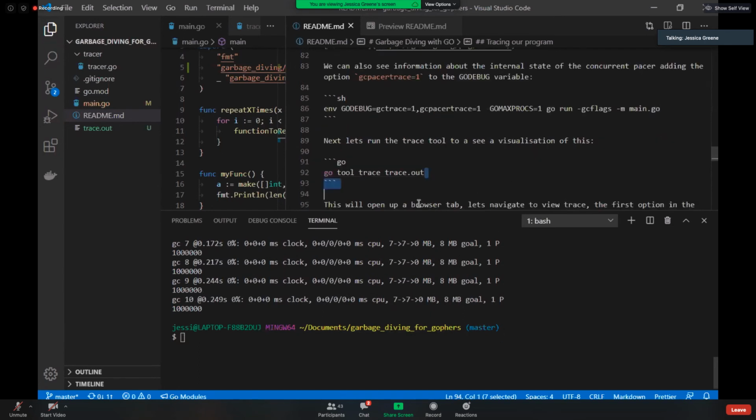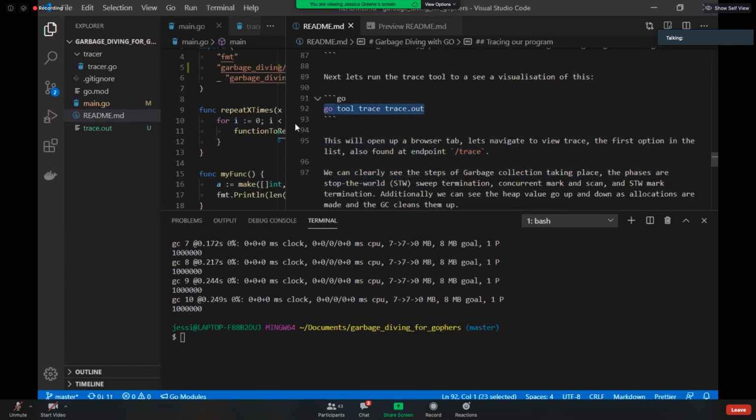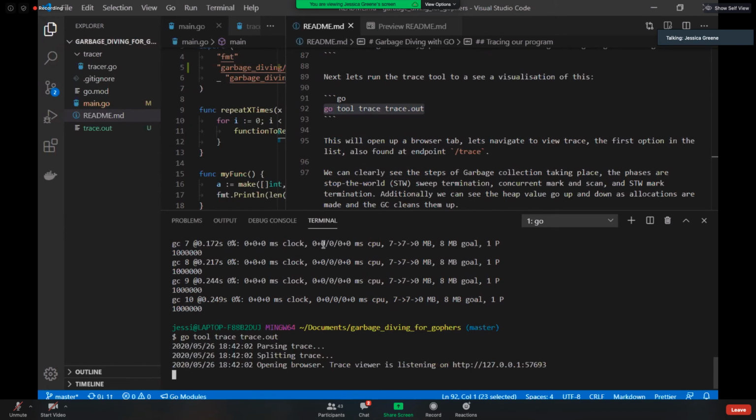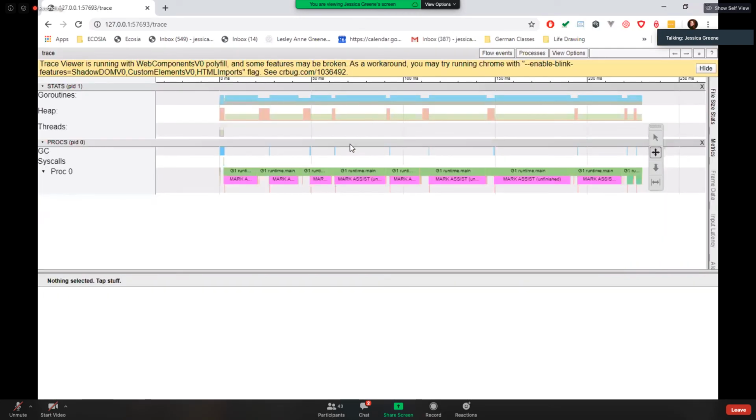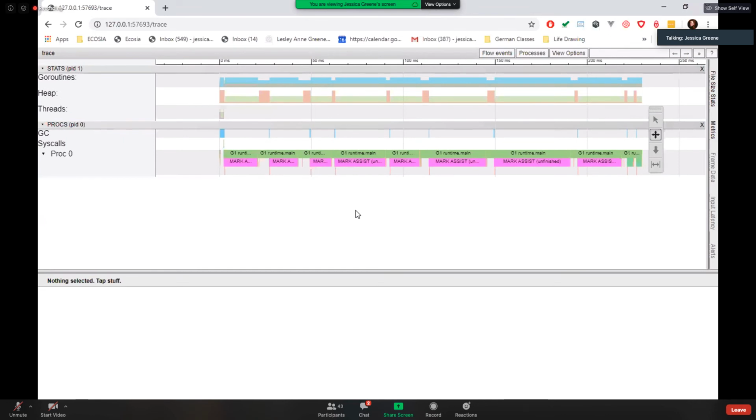So the next thing we're going to look at is the actual trace output itself, because as I mentioned, I'm a very visual person. So being able to look at these outputs really helps me understand better what's going on. And I think it's so wonderful that we have these tools in Go to be able to analyze our code and our programs. Even if you're just starting out, I've been programming for a couple of years now, so not too long, and I think this gives you a great insight into understanding a little better what effect your code can have on how the program itself is running.